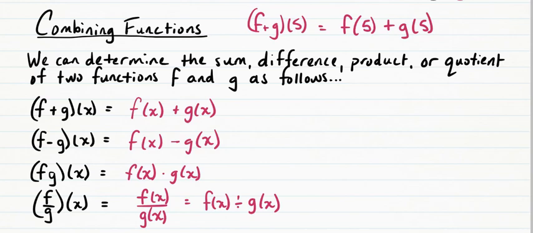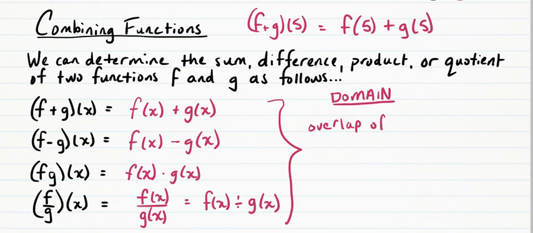When determining the domain of these combined functions, the domain for all of these combined functions is found by determining the intersection of the two domains of the functions f and g. So what that means is that the domains of these functions is the overlap of the domains of f and g. So in other words, where the functions f and g are both defined, that will be the domain of the